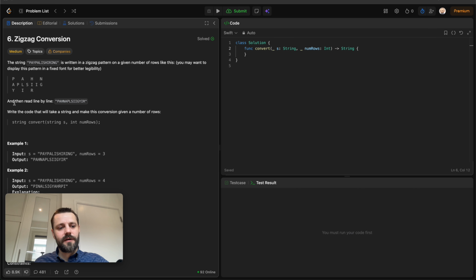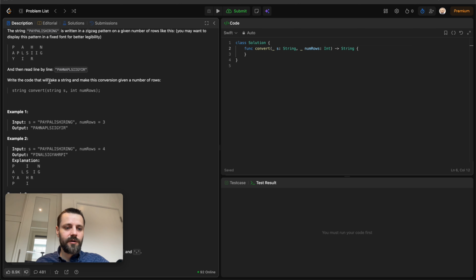As you see, the string is put there from the top left corner. First it is written in the direction from the top to the bottom. Then it goes to the right top direction, then again to the bottom, to the right top, to the bottom, to the right top, to the bottom. And then the string is read line by line. So in this case, it's going to be PAHNAPLSIIGYIR. And we must write the code that will take a string and make this exact conversion